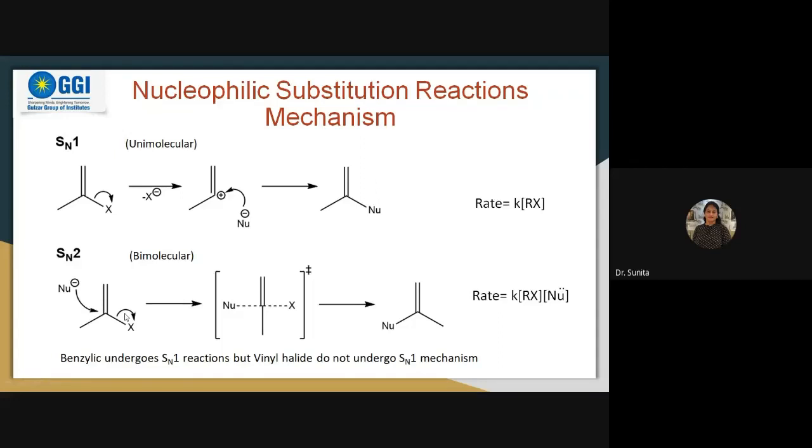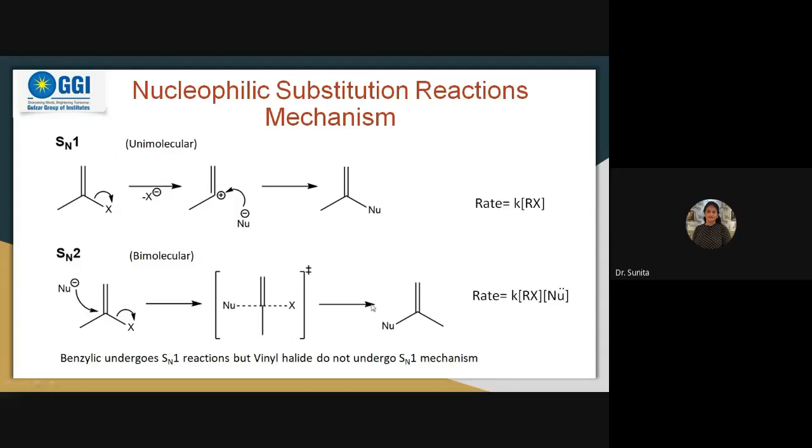Now come to the SN2 mechanism. See what is happening in the case of the SN2 mechanism. Suppose this is our substrate, the alkyl halide, same as before, but now the leaving group is leaving the site and it is again creating a charge, and simultaneously the nucleophile is attacking over here. Now you can see this intermediate stage is formed where the nucleophile and X are both attached, and again the charge is there.